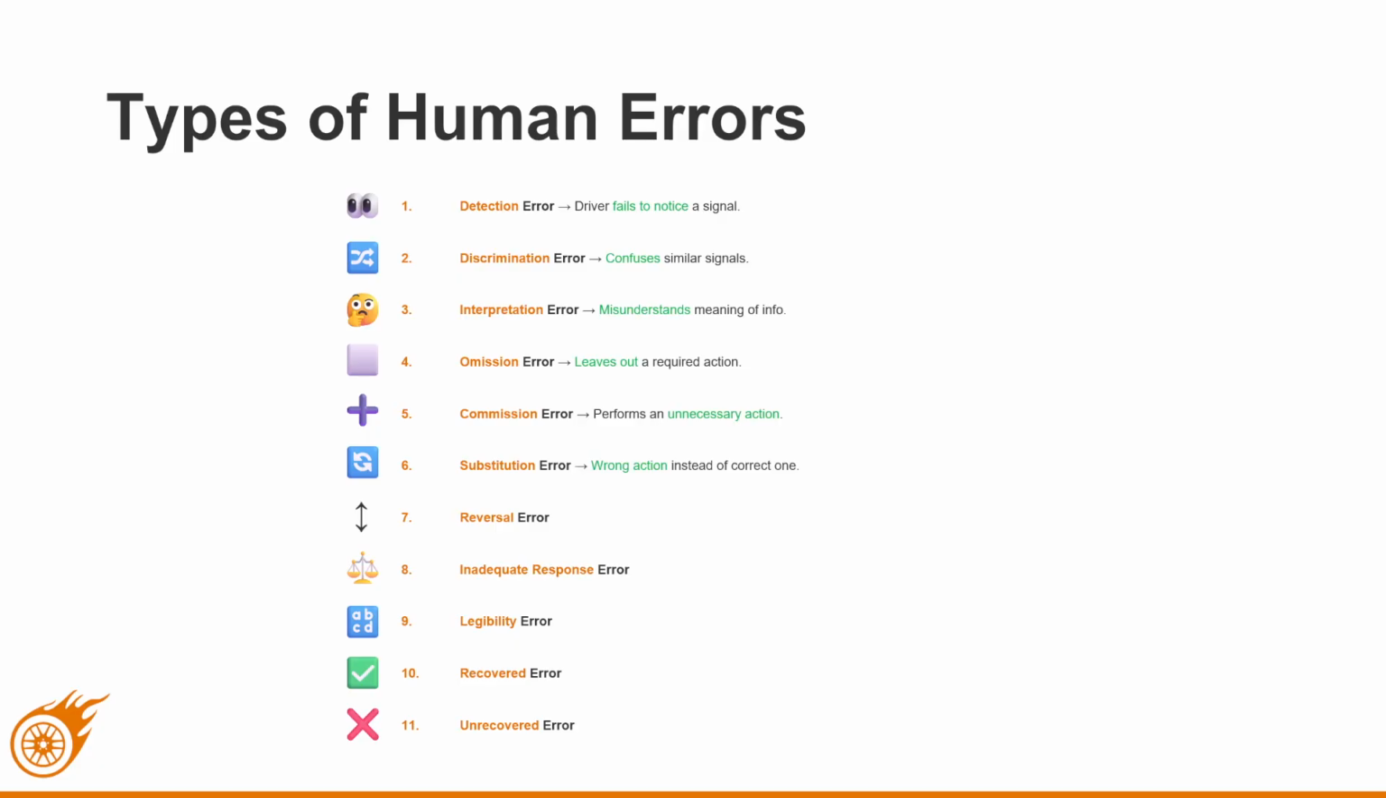Substitution error, the driver performs a wrong action instead of the correct one. So controls have to be intuitively separated and labeled to prevent these substitution mistakes. Then you have your reversal error, which is similar. It's the correct action, but in the wrong direction or sequence. So make sure that whatever controls you have, whether it be your gearbox or paddle design or shifter design, minimize